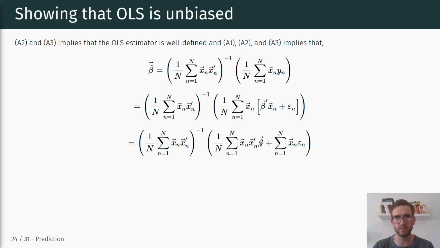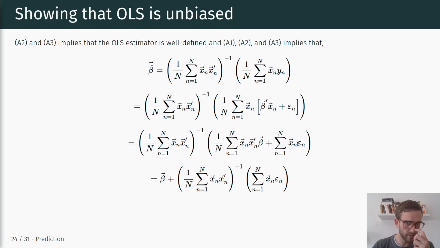Check out the previous video where I explained this in more detail, to get the beta at the end here, and we have x_n prime here, right? So this is just this part of the product. And then we separate out the sum, and we have x_n epsilon_n as the product right here. Okay, x_n epsilon_n, that's right here.